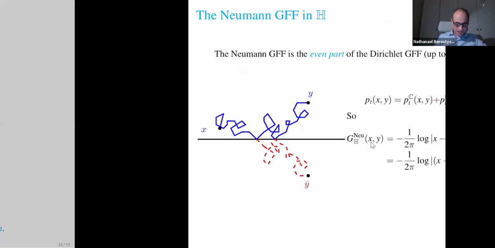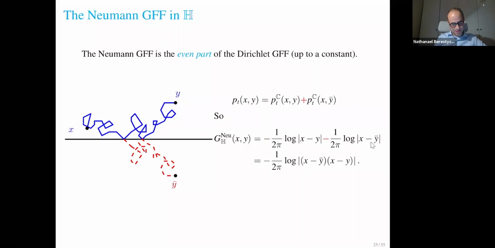Okay, so it turns out that we have this height function that is conditioned to be even, and in the continuum, it makes sense to condition the Gaussian free field in the full plane to be even. And this is really what the Neumann Gaussian free field is. You can think of it as the even part of a Gaussian free field in the entire plane. And another way to describe it